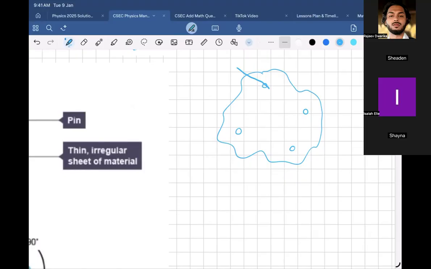Yes. So then what we're going to do is take a string that has a mass on it, and we're going to place that over here. Now, by placing that string, it would give us a path that is directly what? Shay, imagine you have a string here with a mass attached to it. What kind of path would this string create? Would it create a vertical path or a horizontal path? What do you think?